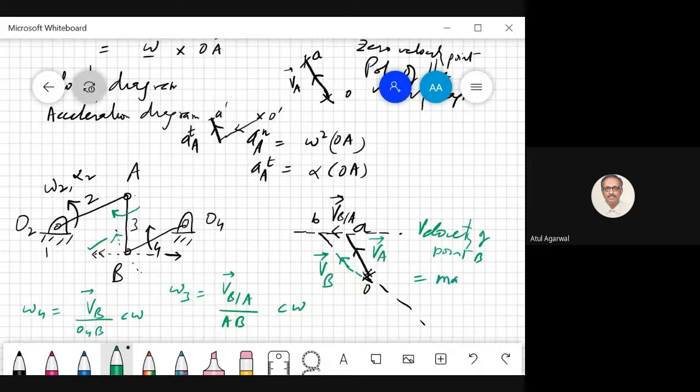Magnitude of OB. So this magnitude you measure, you come to know the magnitude of velocity of point B. Direction is perpendicular to this. At this point of time, this is the configuration of this system. With time, this configuration keeps changing. So this velocity diagram is only for this instant of time. Any questions?